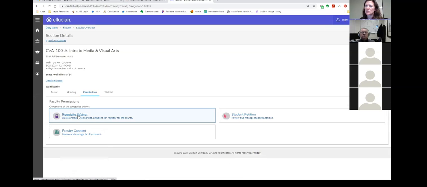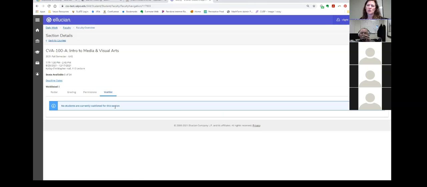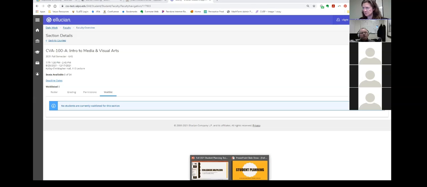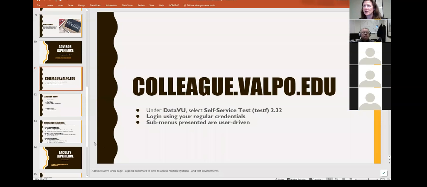Permissions will show if any students have received a requisite waiver or faculty consent to take the course, or if they've otherwise petitioned to be in the course outside of the normal requirements. And then the wait list, again, if there were waitlisted students, this is where the waitlist would present and the students on the waitlist. The permissions and the waitlist are pretty much view only at this point. The process for adding those, I'm going to jump back to a slide,